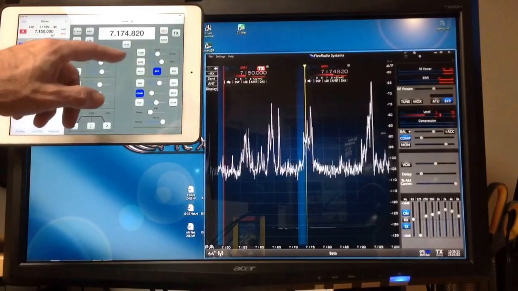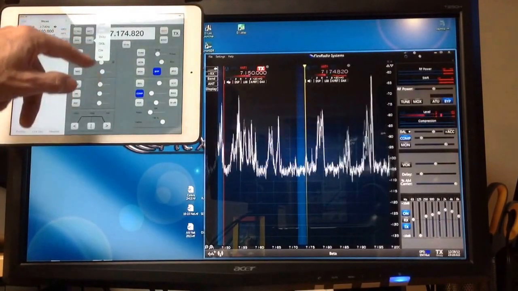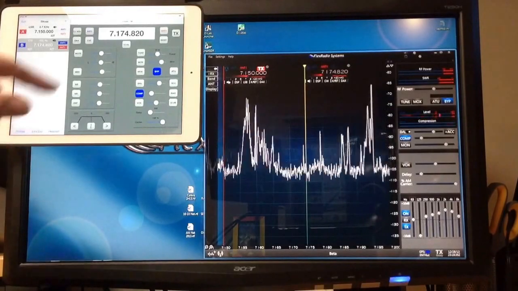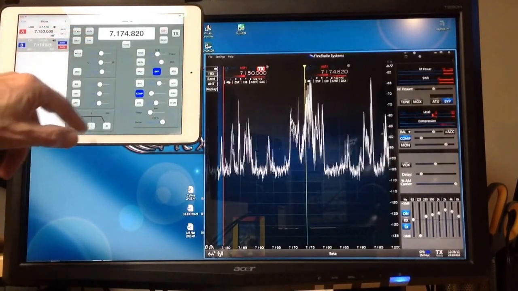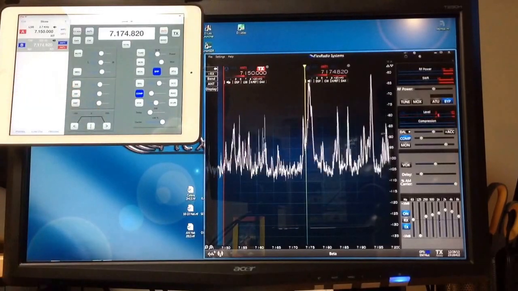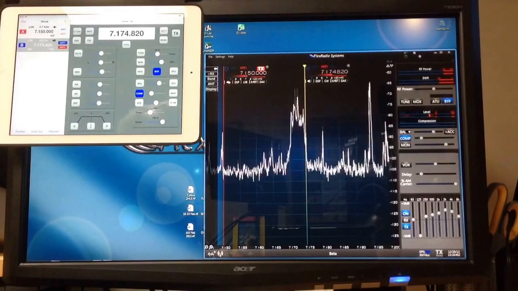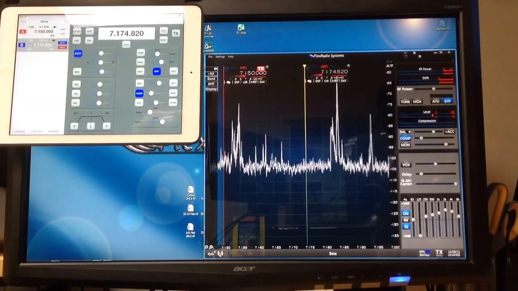You also have the ability to change the mode, so you can change from lower sideband to Morse code. I'm trying to keep this in lay terms for the people that might be watching it. And now you have the ability to change any number of parameters. I'm going to mute this again, including